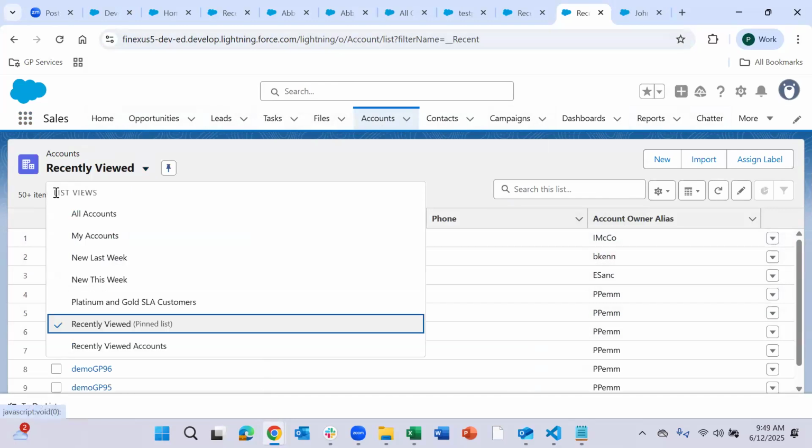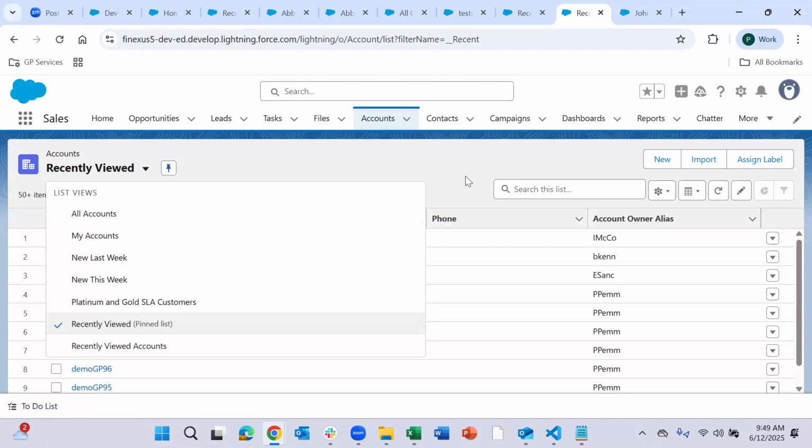This we call list views. List views are nothing but a view which displays data according to the requirement. Here you have different list views: All Accounts, My Accounts, New Last Week, and Platinum. A list view is nothing but a display of data.